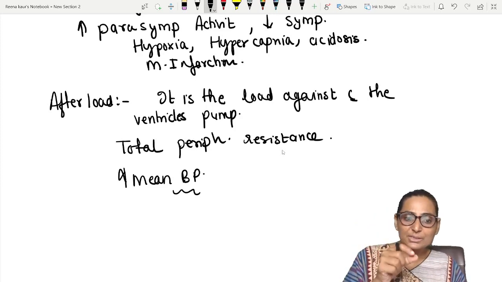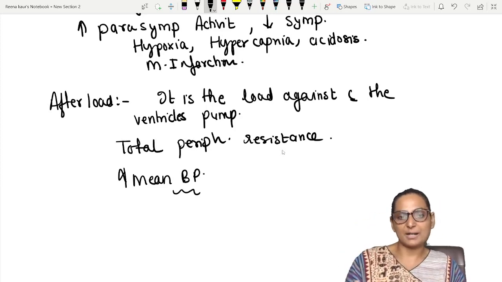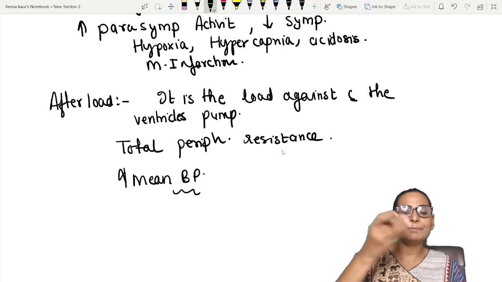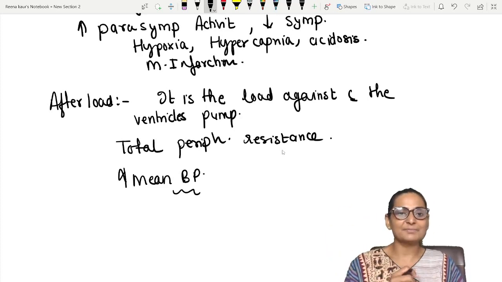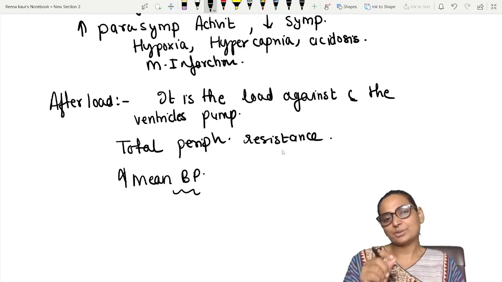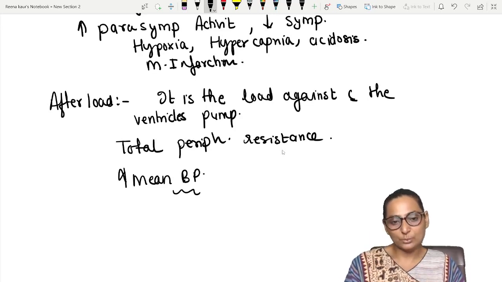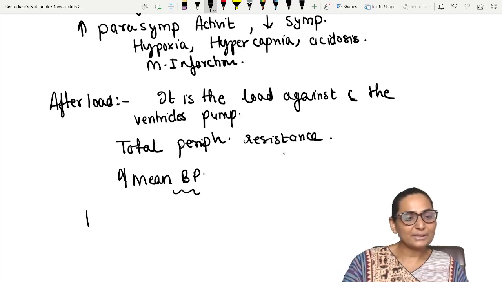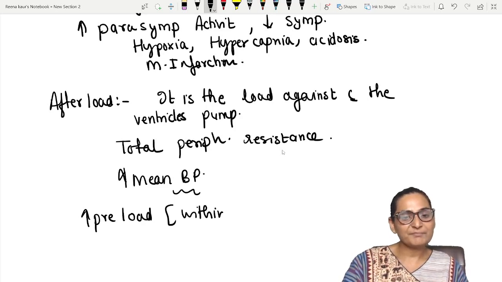So ventricles को भी उतना pressure बढ़ाना पड़ेगा, है ना? उतना pressure बढ़ाना पड़ेगा उनको, and then they will be able to open the valves, because the ventricular pressure should be more than the pressure of the aorta. Then only the valves will open. So remember that with an increase in the preload, obviously within physiological